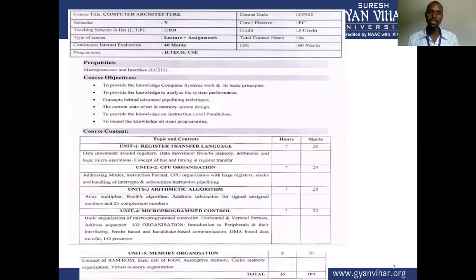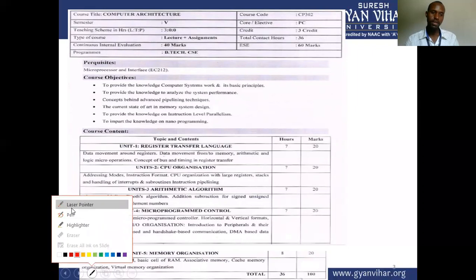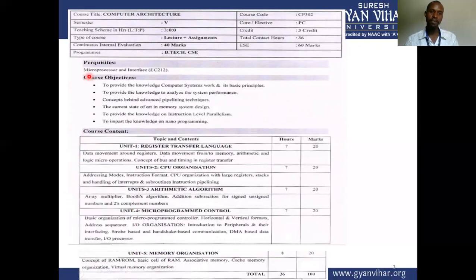Now, the first objective we are going to look at here is the course syllabus. The subject syllabus that you're going to look at is computer architecture. From it, we're required to have prerequisite or prior knowledge of microprocessor and interface. This one is very necessary, and I believe you covered it in your first year. So having had these prerequisites,